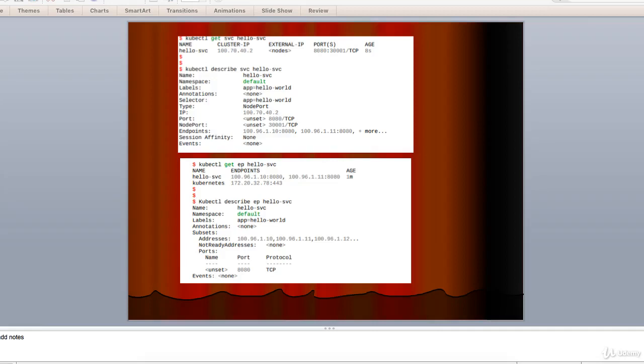Hello guys, let's quickly introspect the services. You can inspect the services with the usual kubectl get and kubectl describe commands. As you can see on the screen, in the example above, we have exposed the service as a node port on port 30001 across the entire cluster. This means we can point a web browser to that port on any node and get to the service.